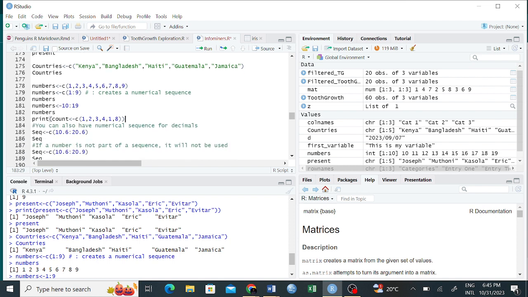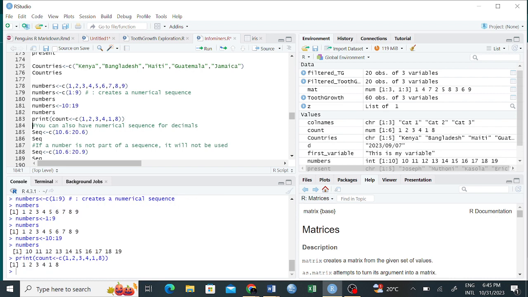Print in bracket now the vector, which is count, and it contains numbers 1, 2, 3, 4, 1, 8. If you press Control Enter or run it, you'll see that you have 1, 2, 3, 4, 1, 8,